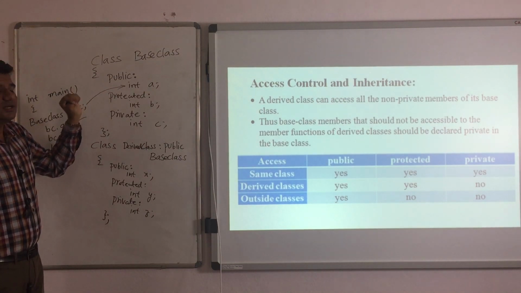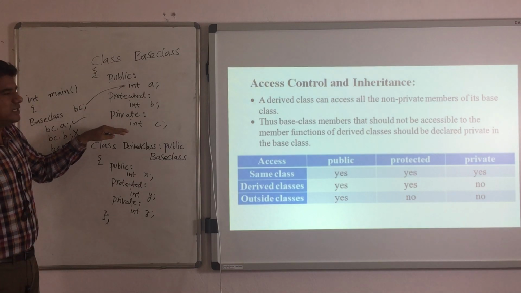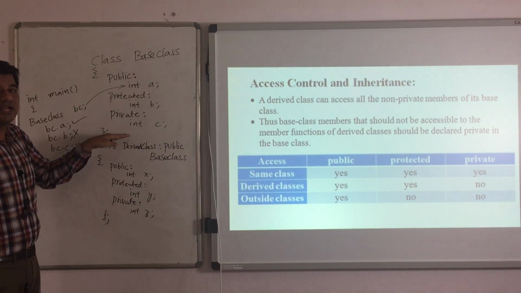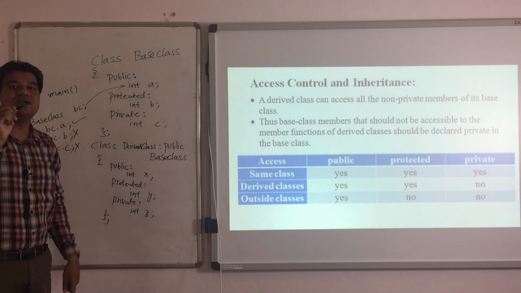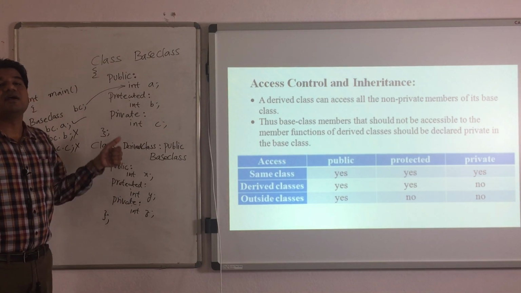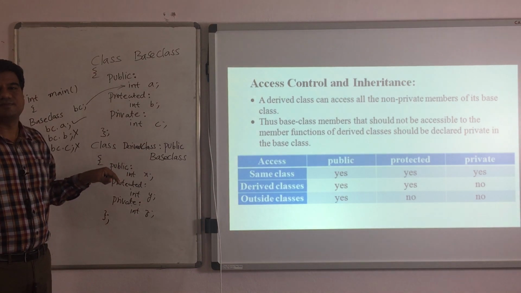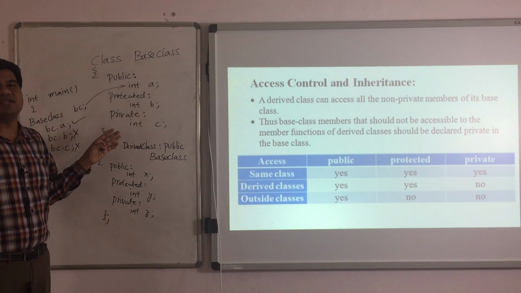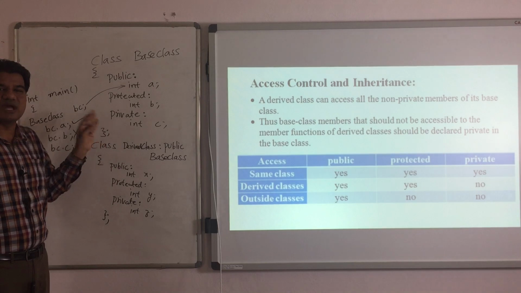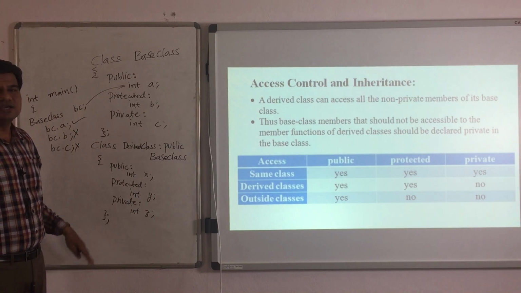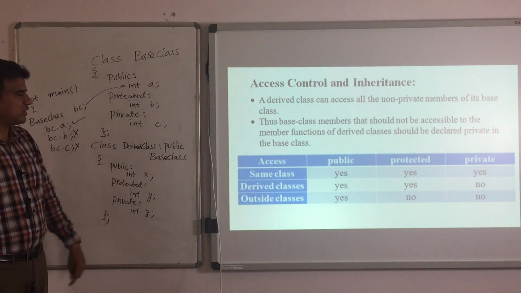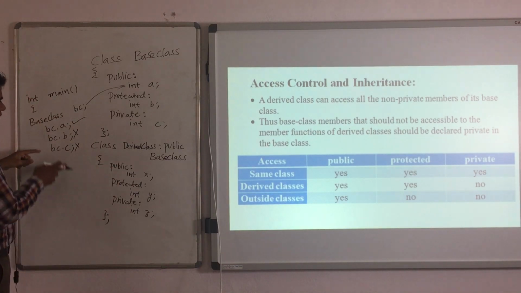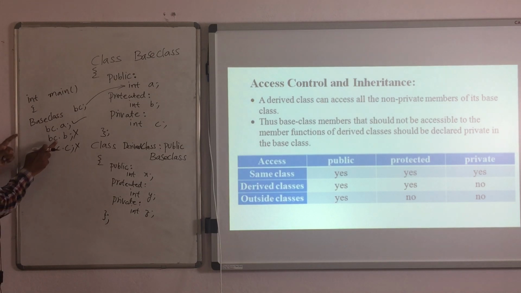Okay. There is an important note you have to consider. Whatever method or function you are declaring in order to access the data members, that function must be public. Then only you can access. If you make that function private, again you cannot have access to that private function. Remember it that way. So now only the A variable you can access; B and C are restricted.